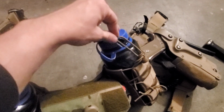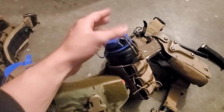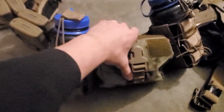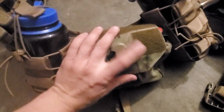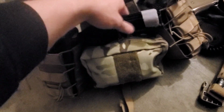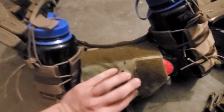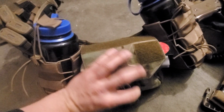HSGI soft taco with 1 liter Nalgene in it, unpainted, everything, but the blowout kit, the only piece of multicam gear I have on here. But lift that up. It's got a tourniquet immediately, and there's a handle here. This rips away, and it's got QuikClot, the combat gauze,